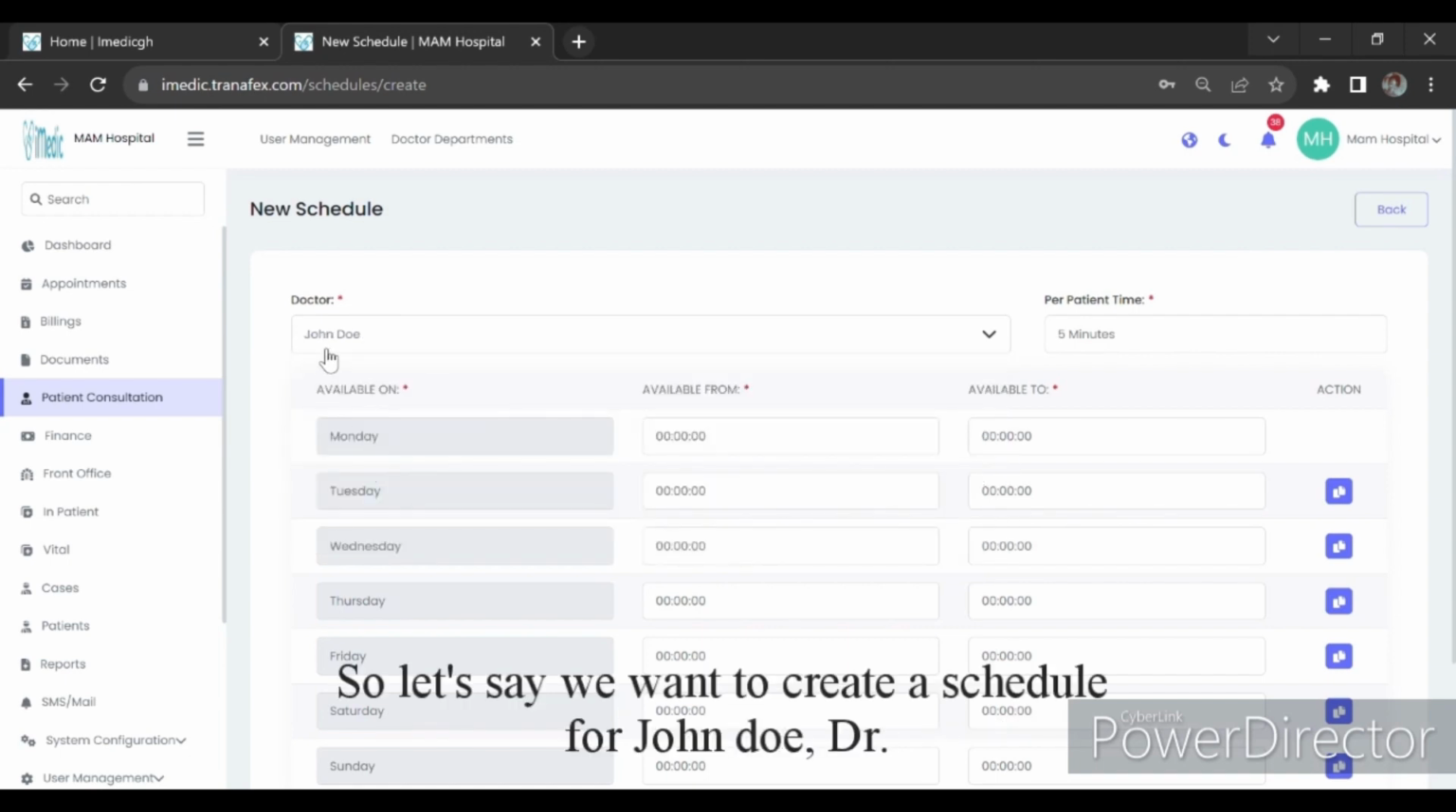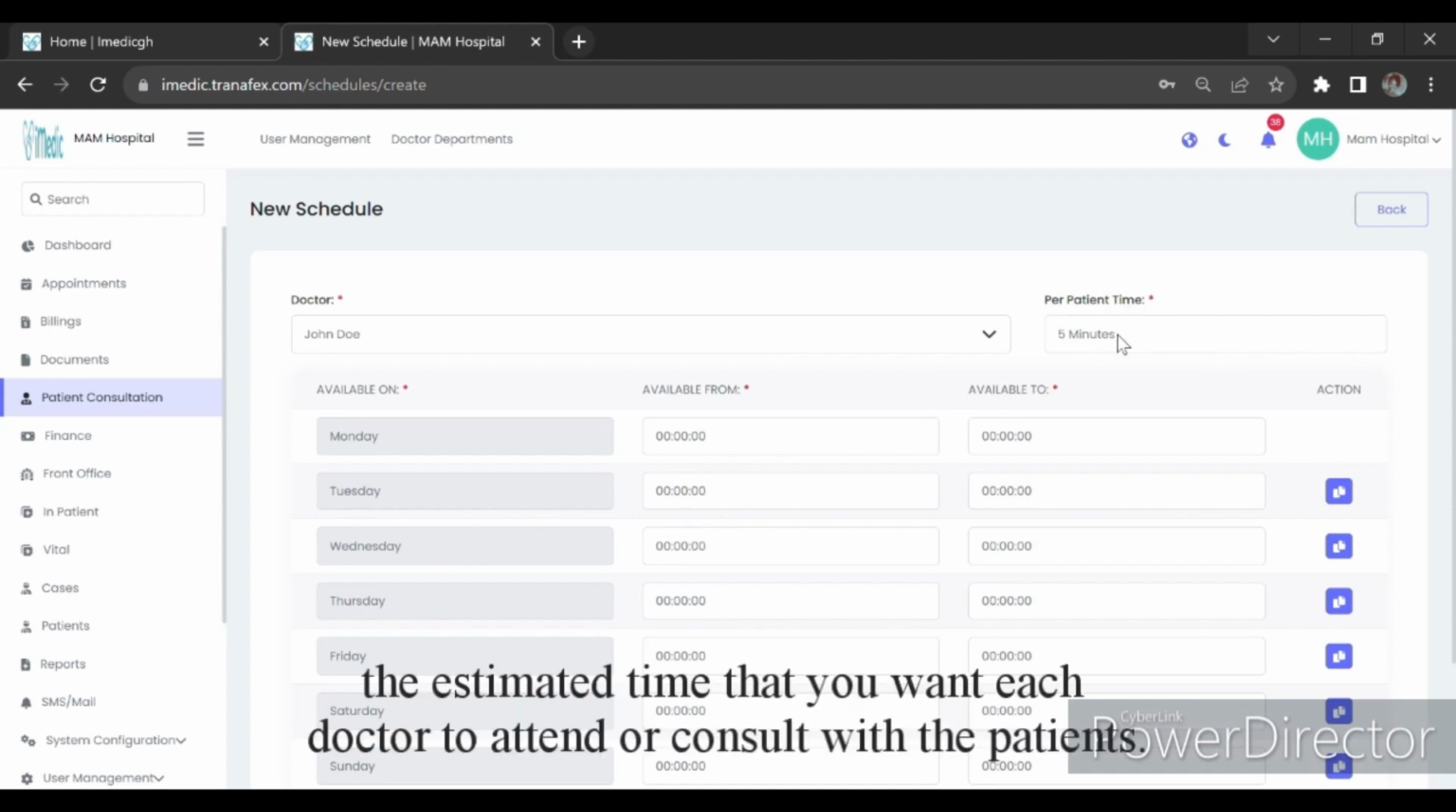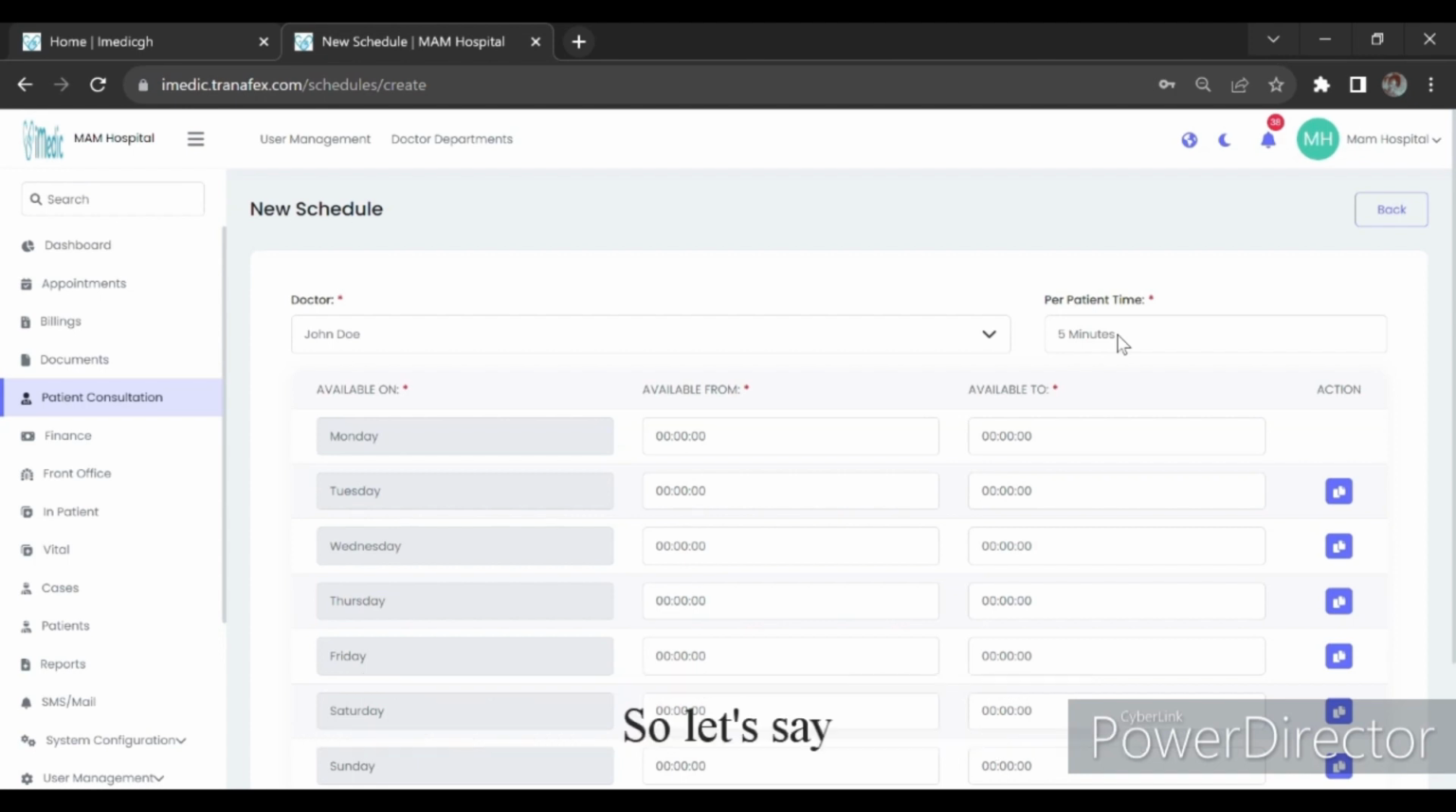So let's say we want to create a schedule for Dr. John Doe. And here it says per patient time. This has to do with the estimated time that you want each doctor to attend or consult with a patient. So let's say I want this doctor to spend 20 minutes with each patient. It varies. You can change based on your preference. Now, available on